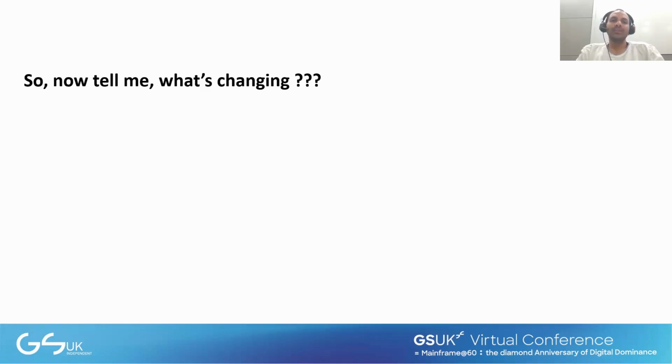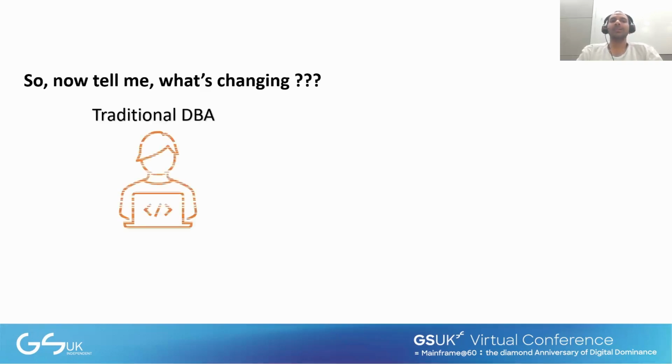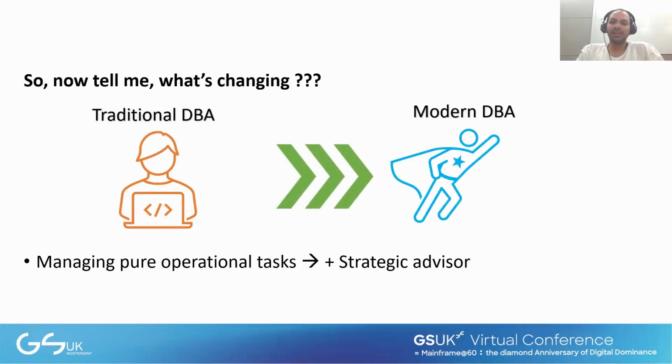And so this brings me to the last question, maybe: what exactly is changing in the role of a DBA? If you see a traditional humble DBA, maybe just working in silos, working on the green screen. If you fast forward to 2025, he's nothing short of a superhero handling all these tasks. So the role itself has been changing from the pure operational aspects, so doing all these housekeeping activities and coordinating. So he's also